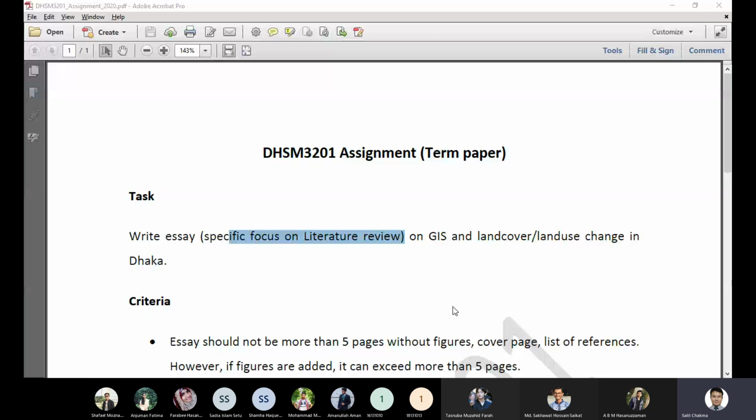ওকে, সো দ্যাট মিনস তোমার প্রতি একটা পেপার যদি 10 পেজ হয়, 10 পেজ থেকে তোমার অর্থাৎ ইনক্লুডিং রেফারেন্স, সো রেফারেন্স যদি 1 পেজ হয়, ইন্ট্রোডাকশন এন্ড যে জিনিসগুলো বললাম লাগবে না সেগুলো মিলে যদি 1 পেজ হয়, ইউ হ্যাভ 8 পেজেস। ওকে, সো দ্যাট মিনস তোমাকে 8 পেজ পড়তে হচ্ছে, তার ভিতরে ফিগার যদি 2 পেজ হয় 6 পেজ পড়তে হচ্ছে, কারণ জিআইএস এর পেপারে ফিগার থাকবেই নরমালি। সো 6 পেজ পড়তে হচ্ছে একটা পেপার থেকে। সো ইফ ইউ রিভিউ 4 পেপারস, আমি তোমার এই এসেটা যদি তুমি 4টা পেপারের উপরে বেস করে লেখো, দেন ইউ হ্যাভ 4×6 = 24 পেজ তোমাকে আগে পড়তে হবে।